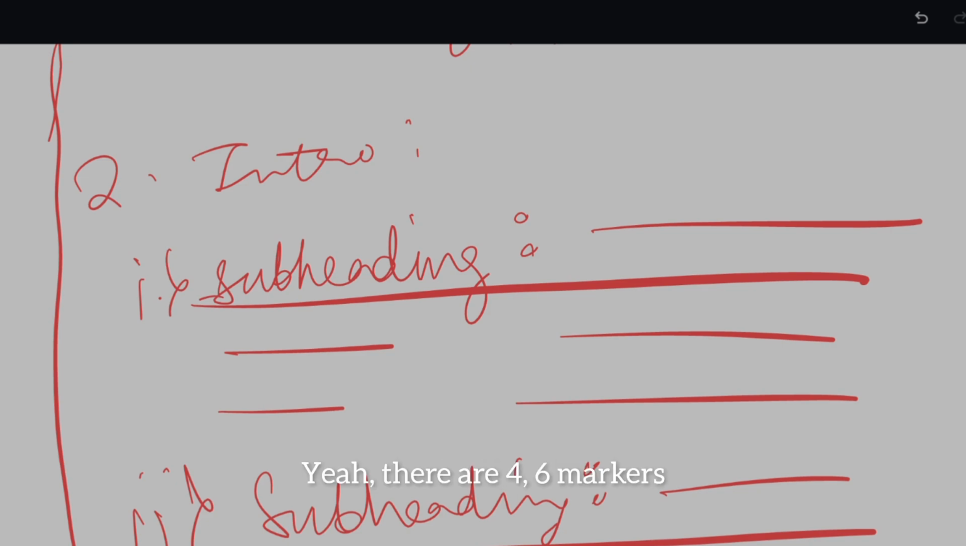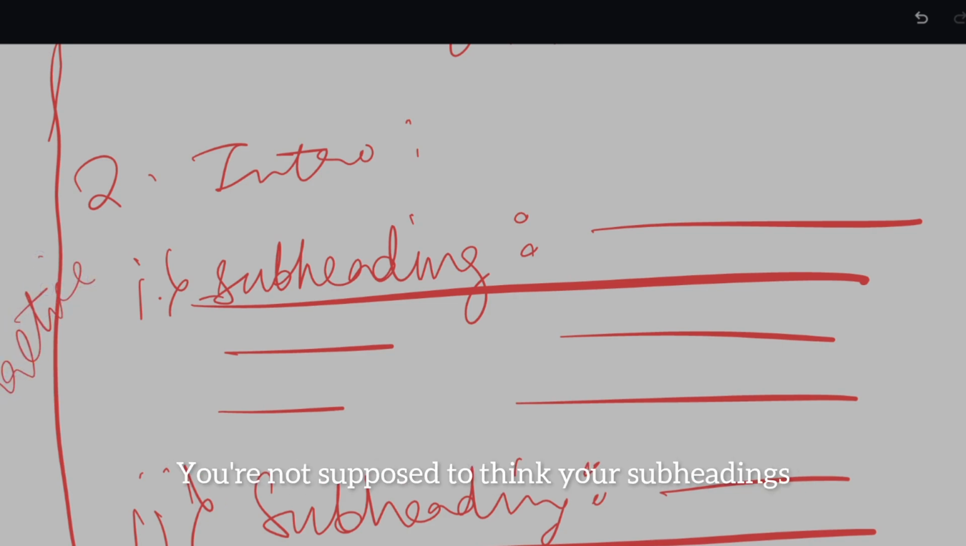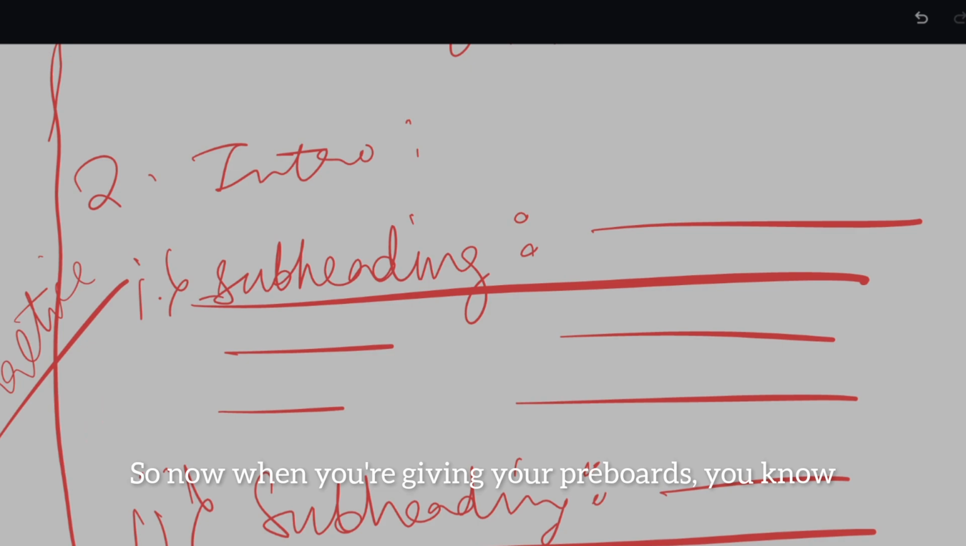Yeah, there are 4 6 markers, right? Yeah, I gave subheadings for 3 6 markers and for 2 4 markers. So if you have the time, try to give subheadings. Practice making subheadings. You're supposed to keep your subheadings ready. You're not supposed to think of your subheadings during the exam. So when you're giving your pre-boards, try to write your answers in this way so that you